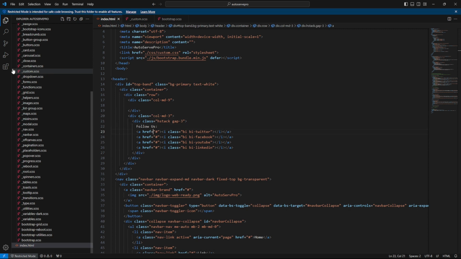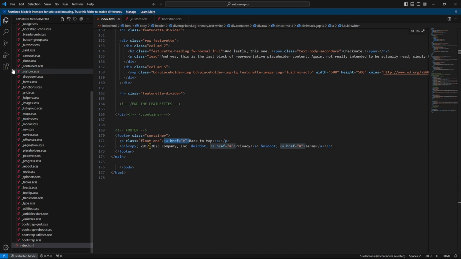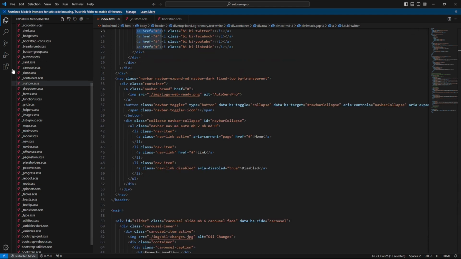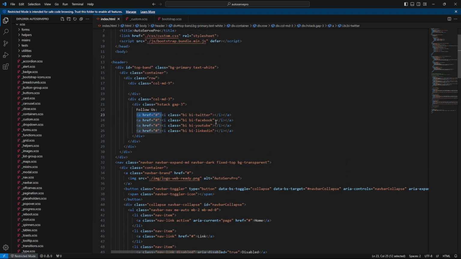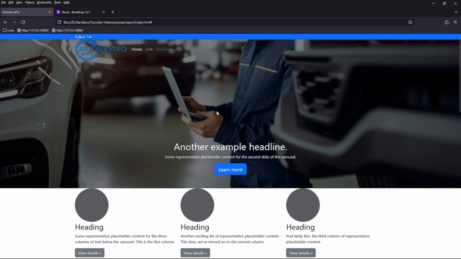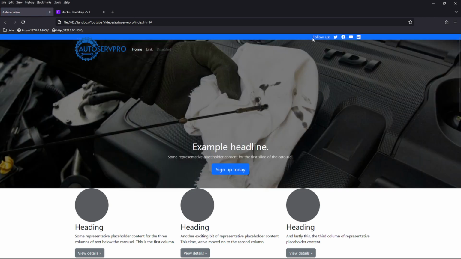The only thing is that I couldn't see any of these icons because we need to add a class to each of these anchor tags. So for each of these anchor tags that we have in our code, we need to add a class of text-white, and now we should be able to see them. So if we go back over to our browser and then refresh, you'll see now we have